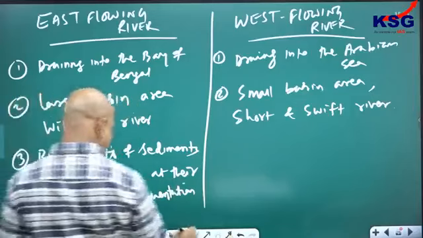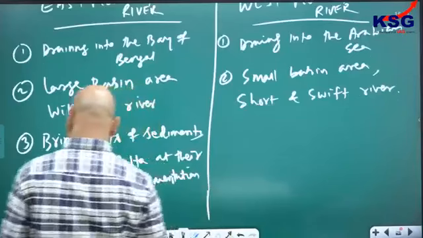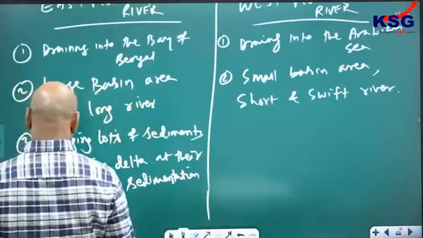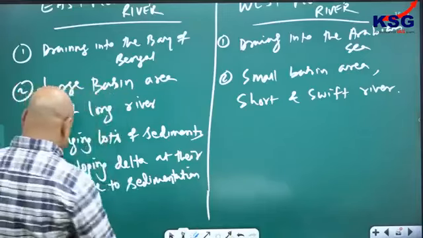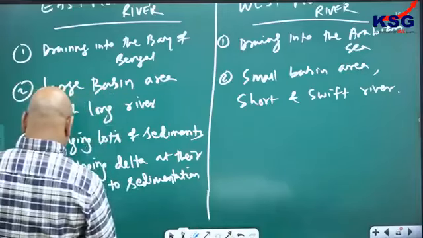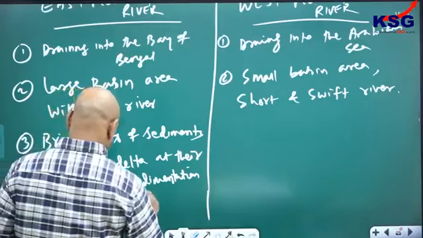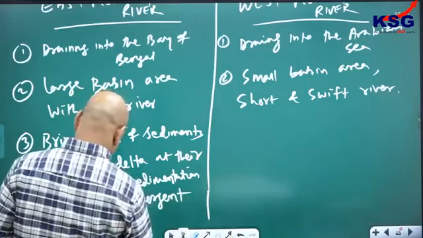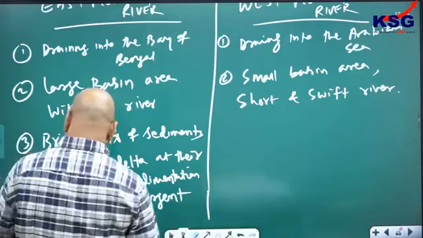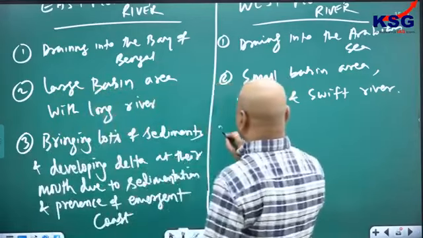One is sedimentation and second point is, what type of coast is that one? Then the presence of emergent coast. You remember this east side emergent coast, it is coming up from below, but this side you have